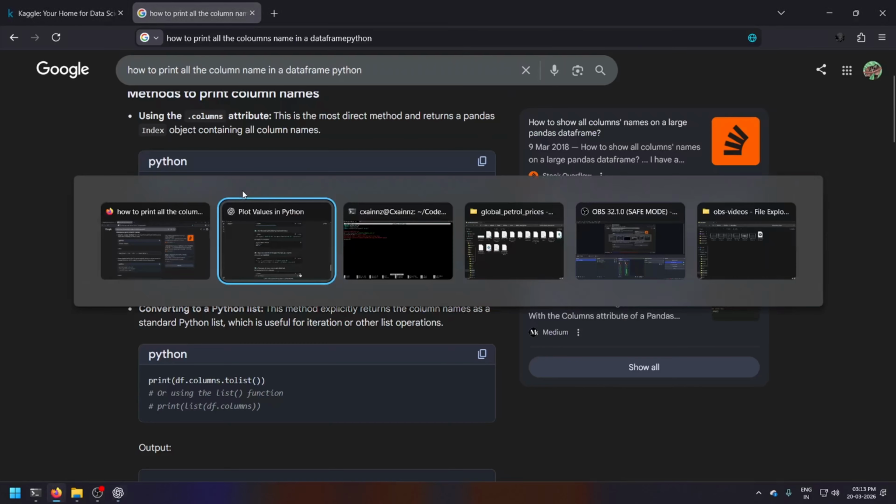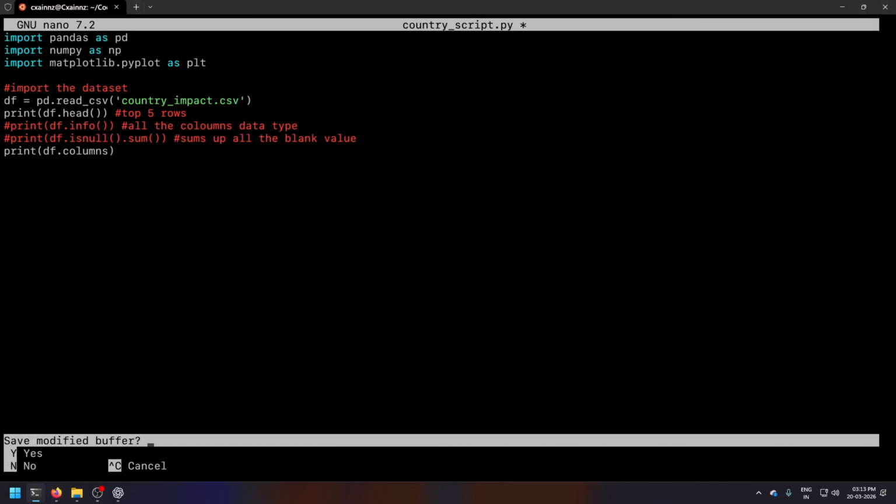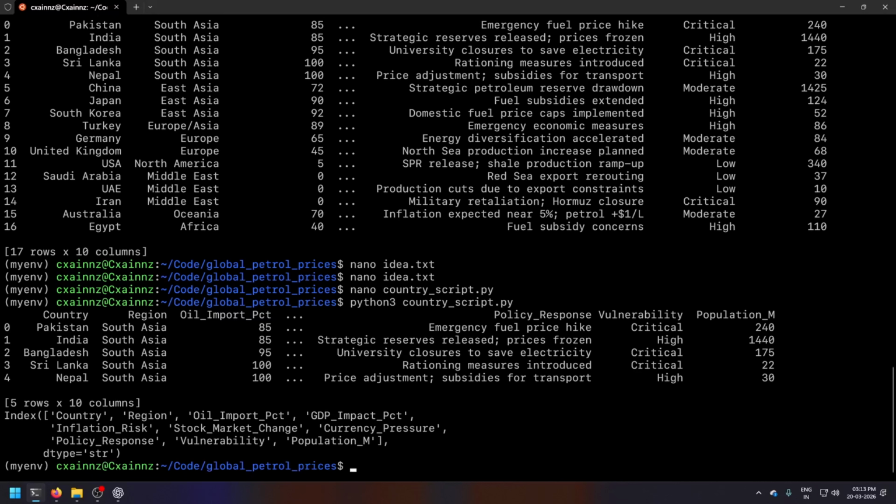Okay, it was pretty simple, but I was a bit confused. So basically: country, region, oil import PCT, GDP impact, inflation risk, stock market change, currency pressure, policy response, vulnerability, population, and petrol price increase.